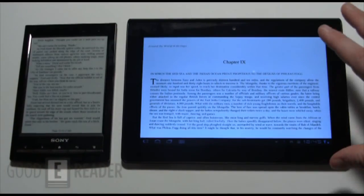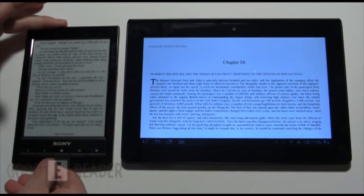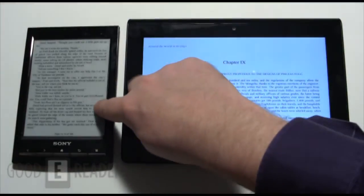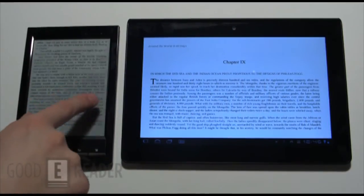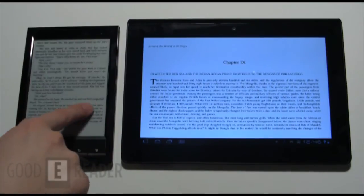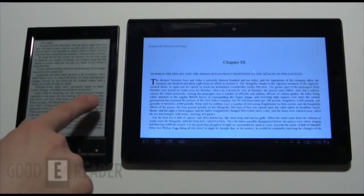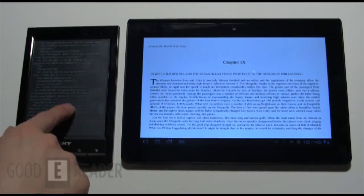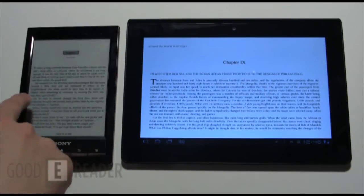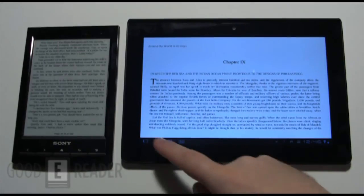Of course, it's different logistics the way that a tablet handles page turns via an e-ink. What I like about the Sony Tablet S is that you don't really see a lot of page refreshes. A lot of e-readers will make you kind of suffer from the refresh rate taking a long time. This does have a refresh rate, but it does have the ability to make it every 1 page to 6 pages. So we just have it on default stock right now, but it does have a little bit of flexibility in that department. So this has just been an overview of the reading capabilities of the Sony Tablet S and